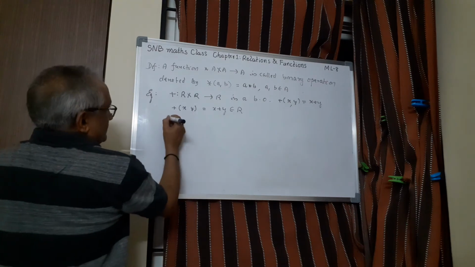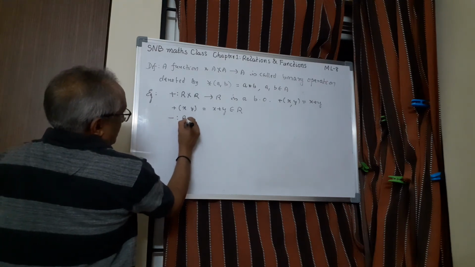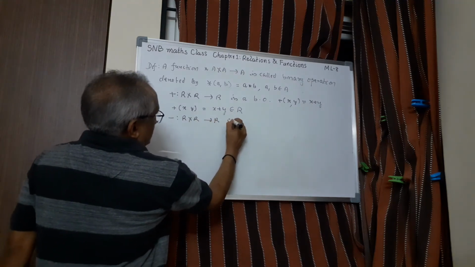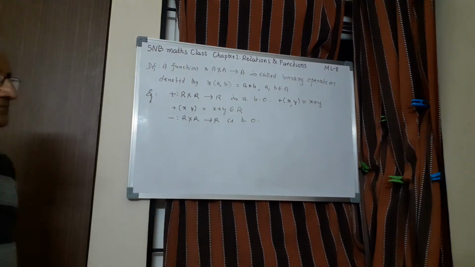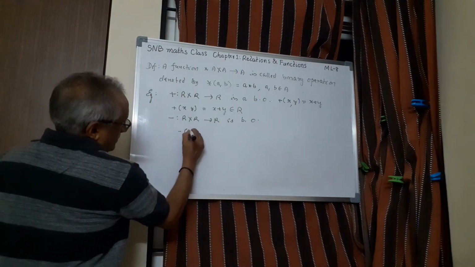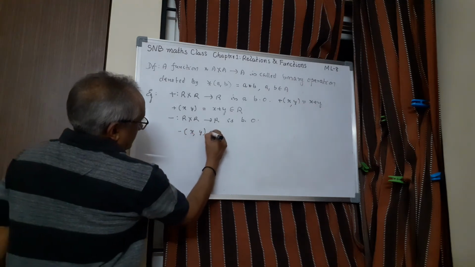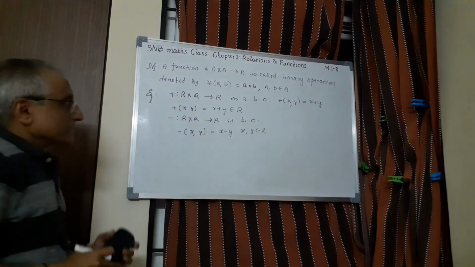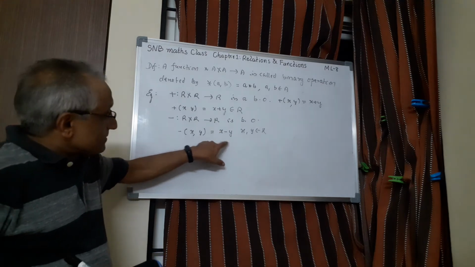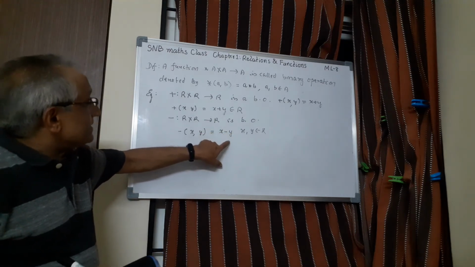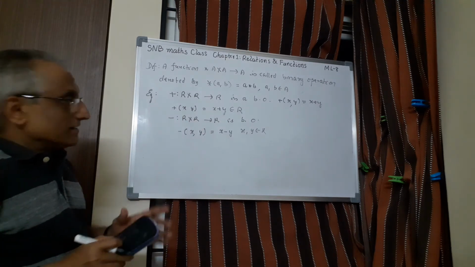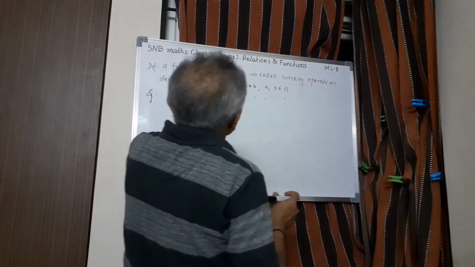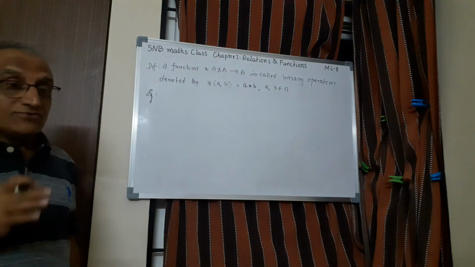Similarly, you take minus, say minus defined by R cross R to R is a binary operation. What is the symbol we use? Minus of, say, (x, y) will be equal to x minus y, where (x, y) belong to R. You take any two real numbers x and y, the difference of two real numbers is always a real number, and that real number is here, therefore it is binary. So these are very simple examples. Now, it need not be plus or minus, it can be any operation which you can think of. So that is very important.